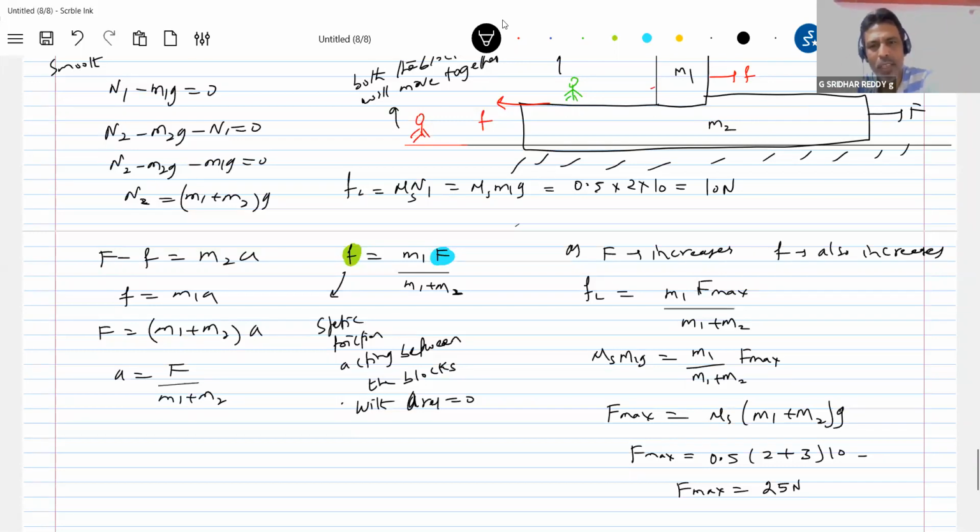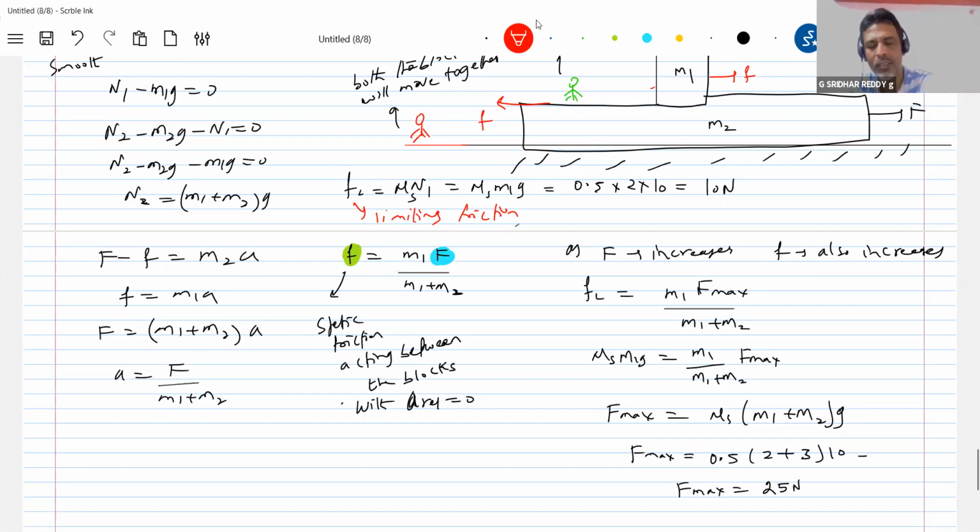Because as I keep on increasing the applied force, the friction acting between the blocks will also increase, and it will be static only. Then there's some upper limit for the static friction. What is the upper limit for static friction? The limiting friction. I'll write it. This is what FL is. So any friction force greater than this cannot exist, no? Therefore, there's some upper limit for the applied force I'm putting, for which no slipping occurs.